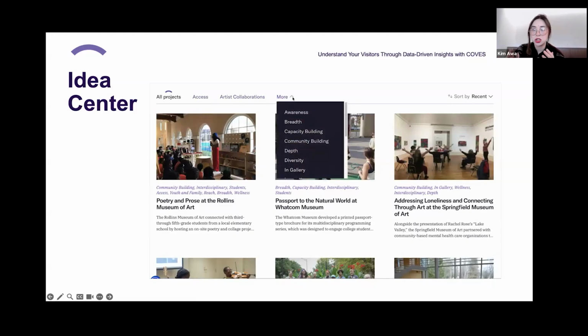So if you're starting to notice trends in your own data, so maybe visitors are showing up for more connection or more components of relaxation, this is a great place to find inspiration by what your peers in the field are doing to tackle those specific needs.